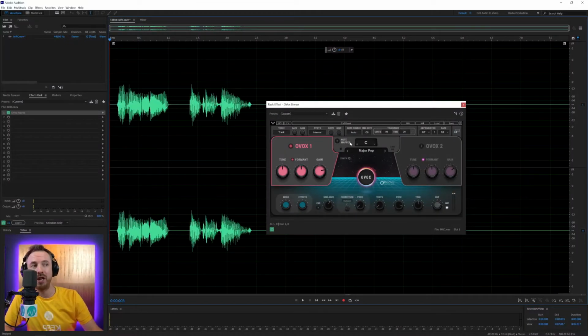So it's Waves OVox, Vocal ReSynthesis. It's a brilliant plugin, and if you want to get 10% off this plugin, use my link